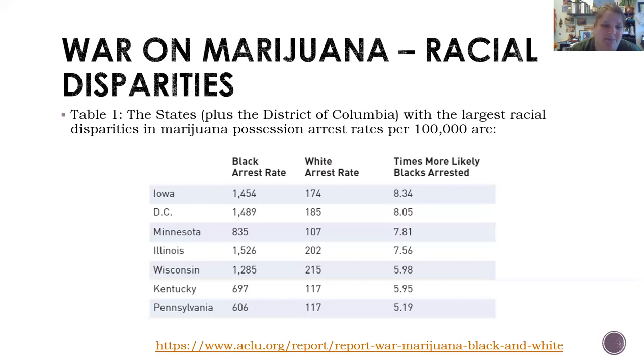And even with these top 7 states that I put up here, you can see it really only goes down to 5 times more likely Black people are arrested compared to white. On the states that I don't have on this slide, as they go down the lower end of the spectrum, like Oregon is one of the lower states. It's the 5th lowest in the disparity, and they're at about double. Black arrest rate was about double compared to white arrest rate. So no matter what,